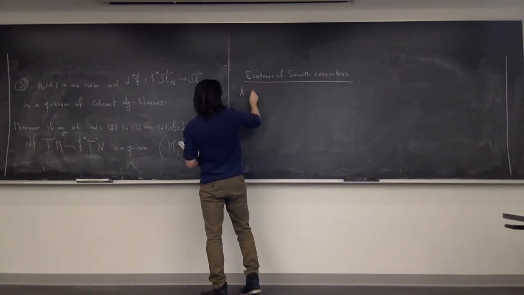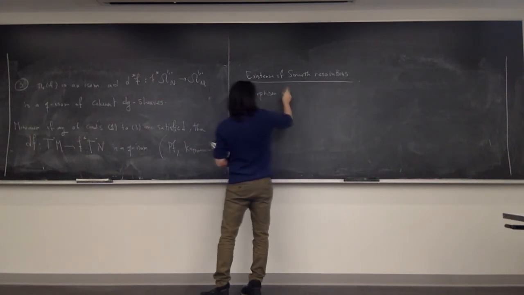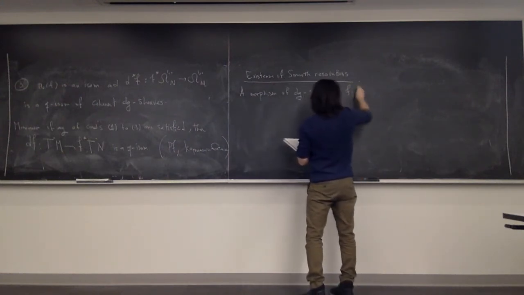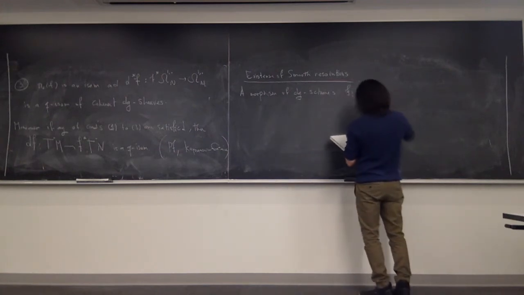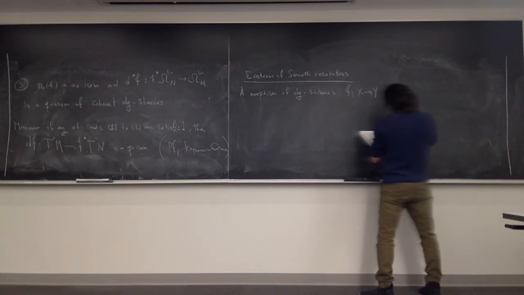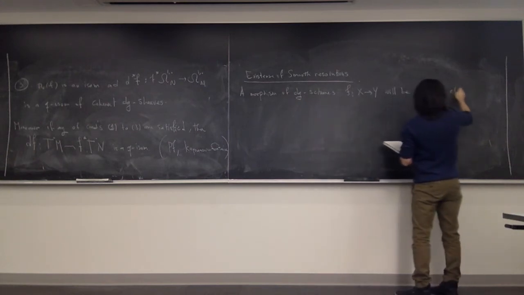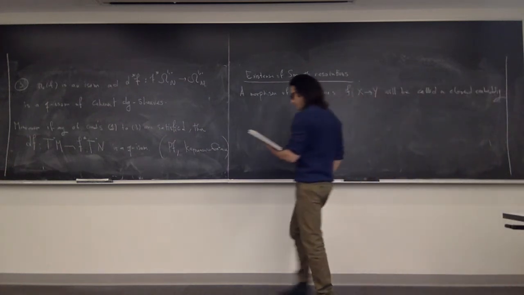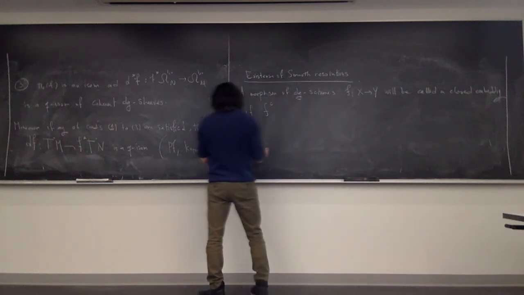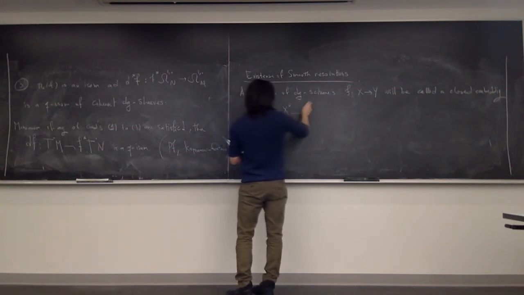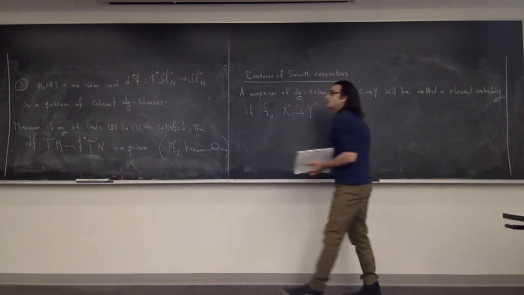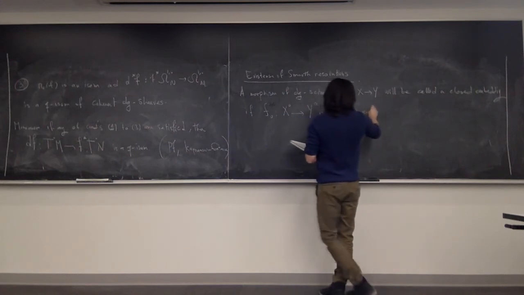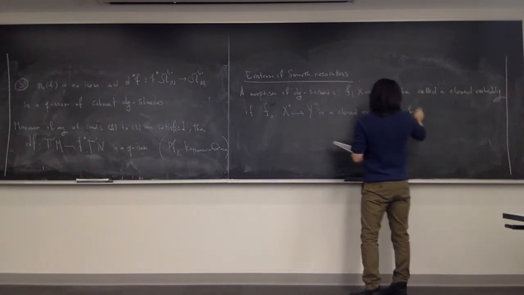A homomorphism of DG schemes F from X to Y will be called a closed embedding if F0, from the underlying scheme of X to the underlying scheme of Y, is a closed embedding of the schemes,